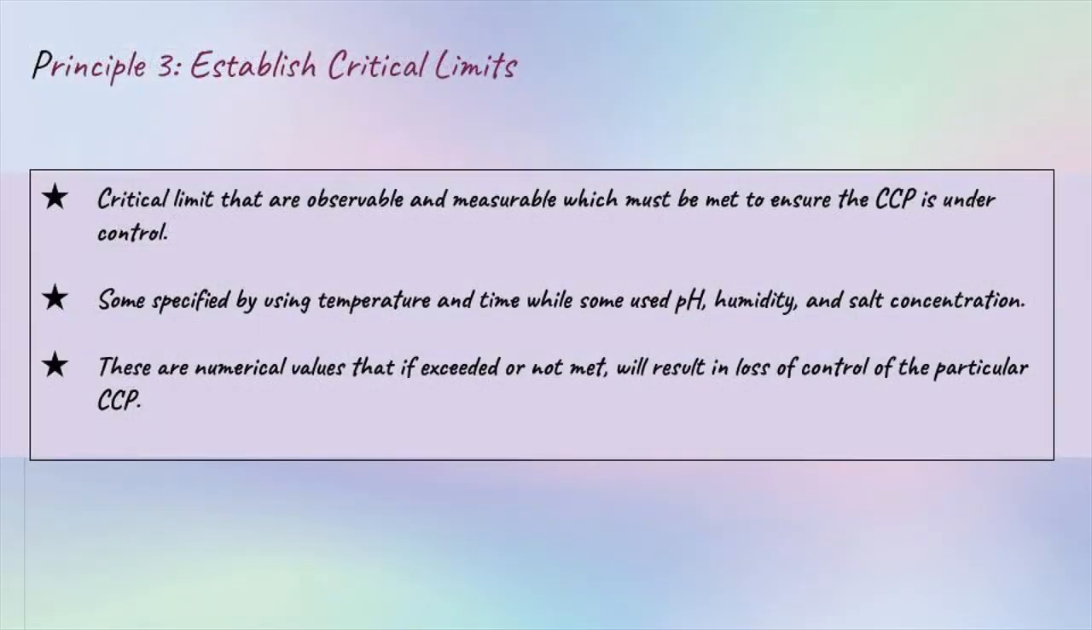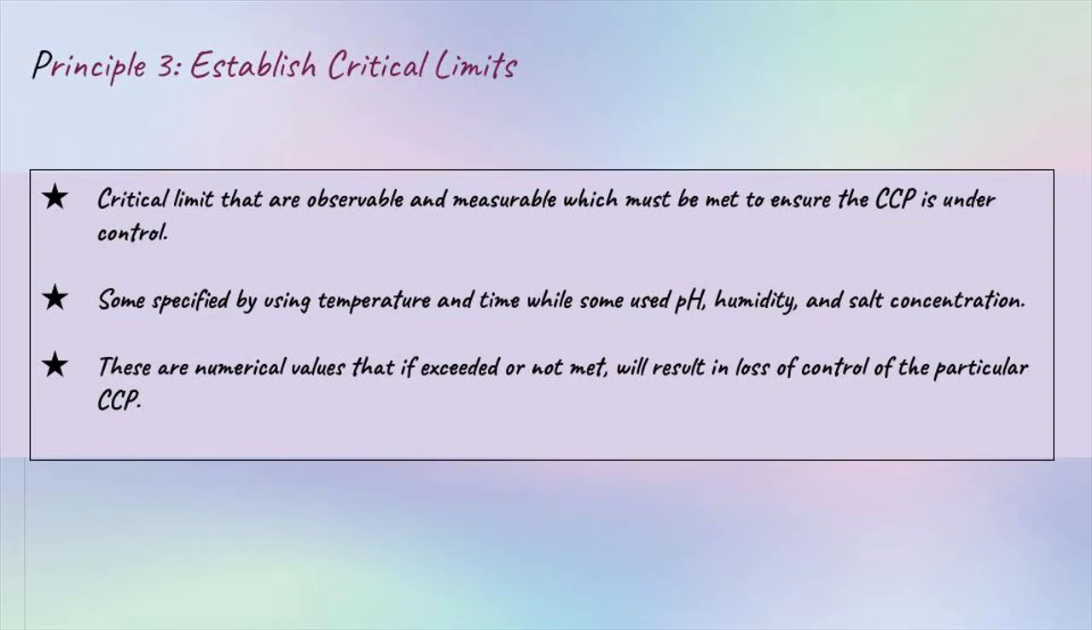Principle 3. Establish critical limits. Critical limits are observable and measurable, and must be met to ensure the CCP is under control. Some are specified using temperature and time, while some use pH, humidity, and salt concentration. These are the numerical values that, if exceeded or not met, will result in loss of control of the particular